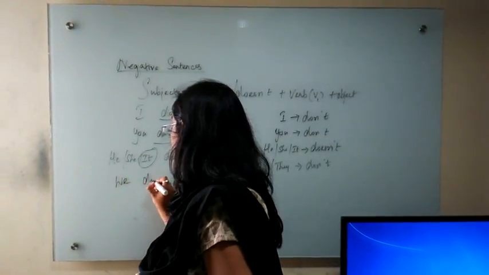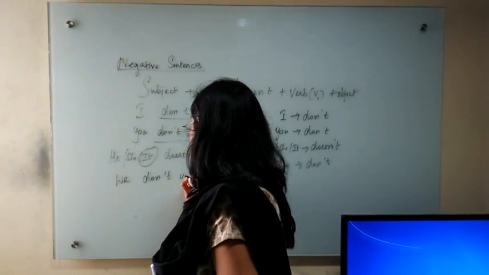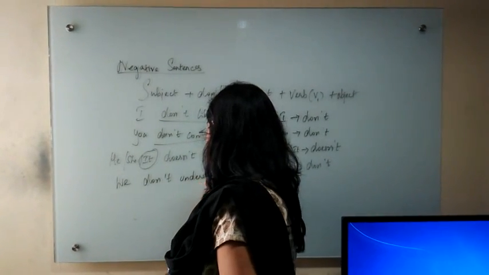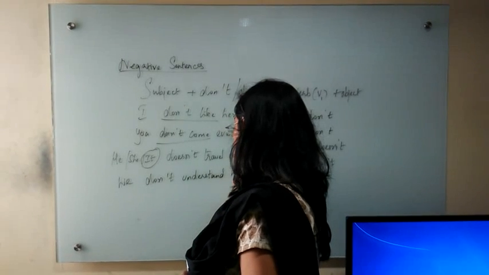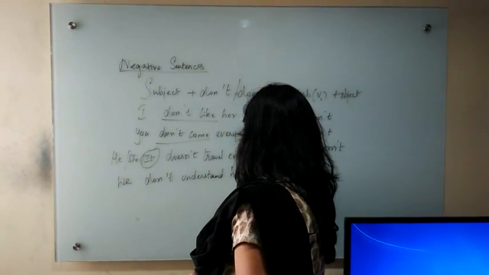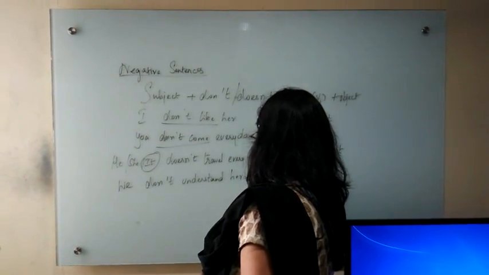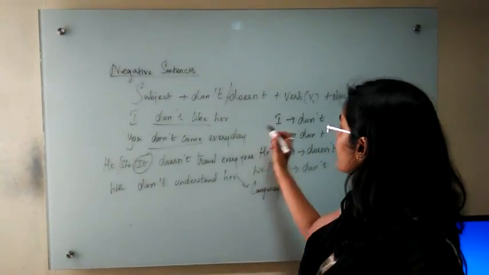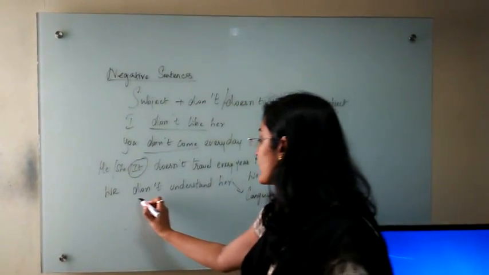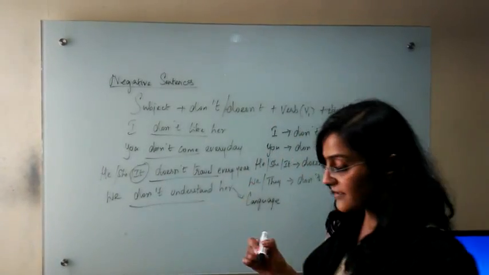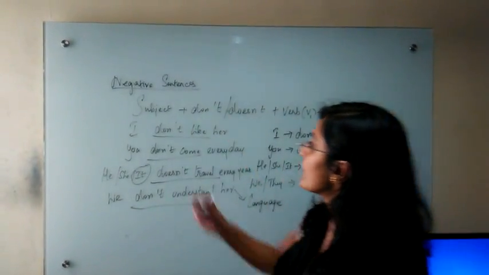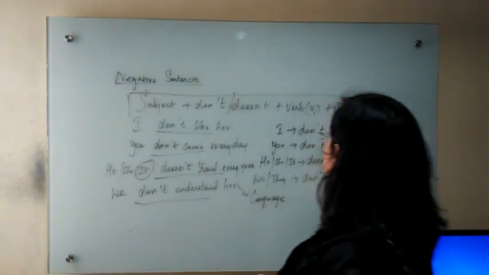We don't understand her language. We don't understand her language. What do you mean by this? We don't understand her language. So these are the basic rules that you need to know when you form a negative sentence